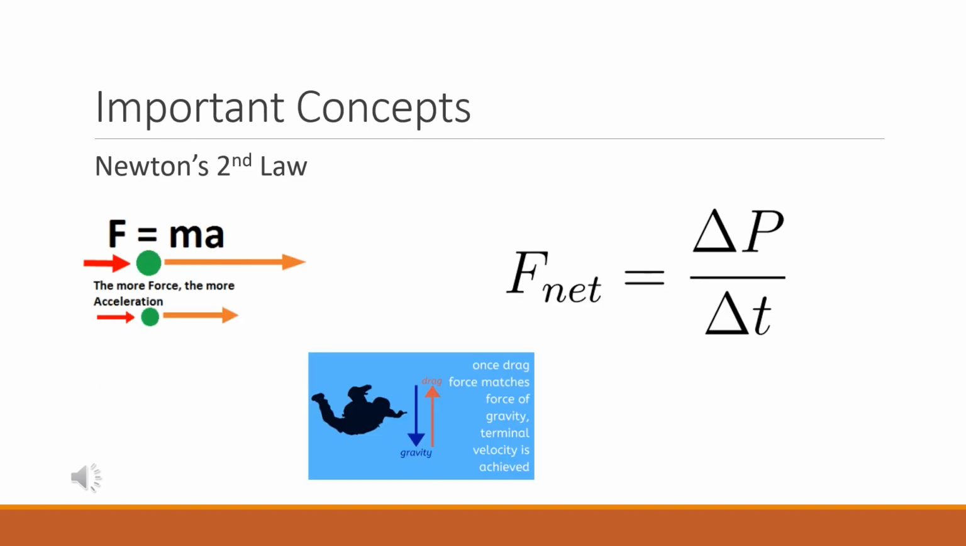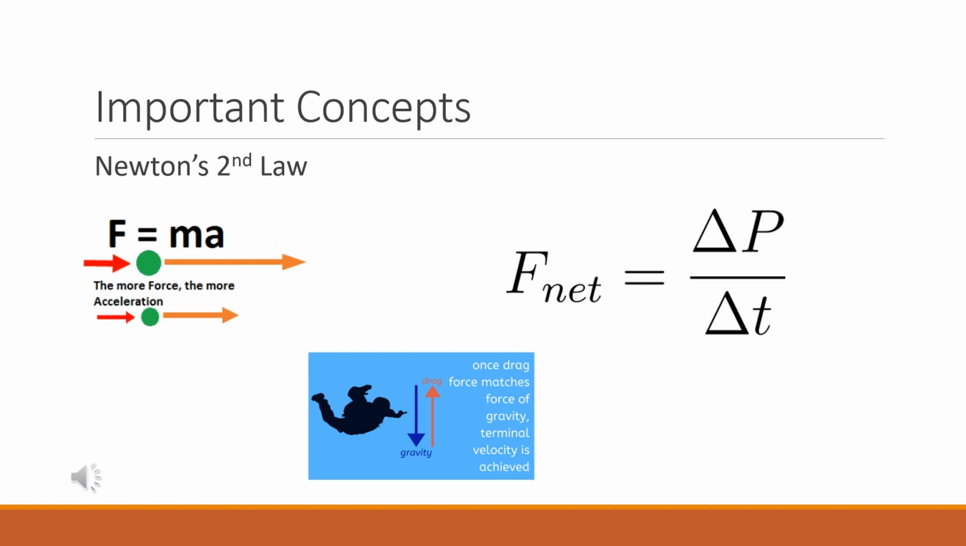The few important concepts that we'll be looking at in this lab are Newton's second law. As we can see, the equation F equals ma states that the force is equivalent to the mass times the acceleration of the object. Another equation we can see is F net equals the change of momentum divided by the change in time. Another one that we'll be taking a look at is terminal velocity, which is indicated by the blue